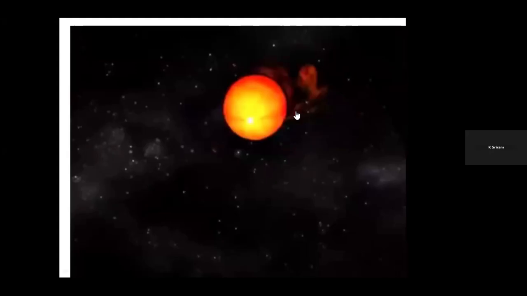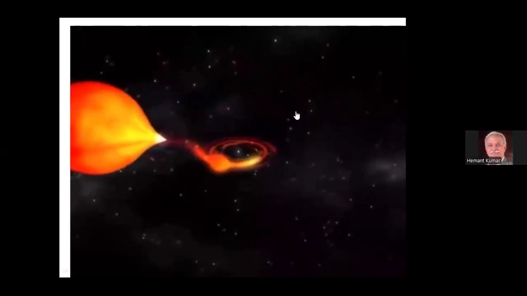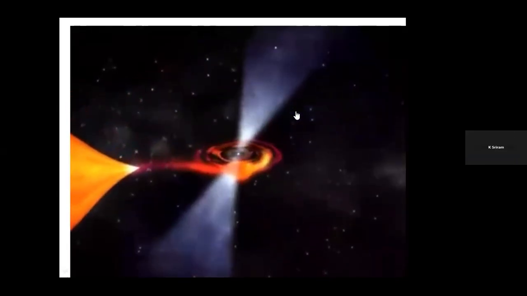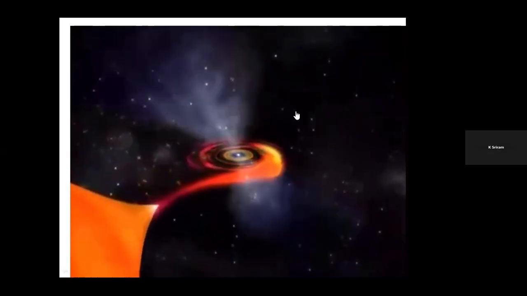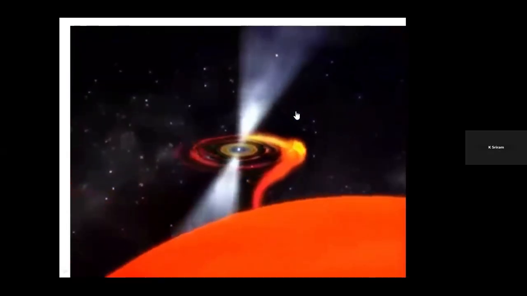So yeah, I don't know whether my animation is working. Can you see my animations? Yes, yes, it is working. So you can see here what exactly happens. You have a star which is bulged, matter is leaving from that star. It is going towards a black hole. Of course, this is not a black hole, it's a neutron star simulation, but eventually you can consider that it is a black hole. The matter will form a disk, which we call the accretion disk, and slowly the matter will fall onto the neutron star. If it is a neutron star, you can see beautiful pulses at the dipoles. Otherwise, it will simply go into the black hole and the matter will never come out.